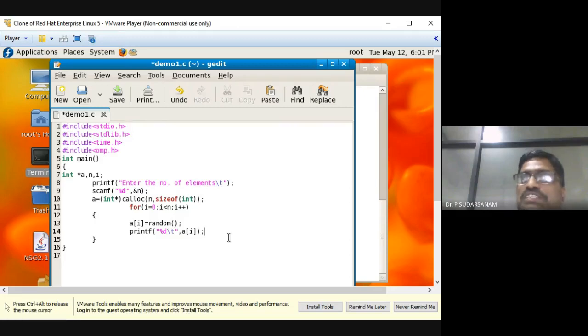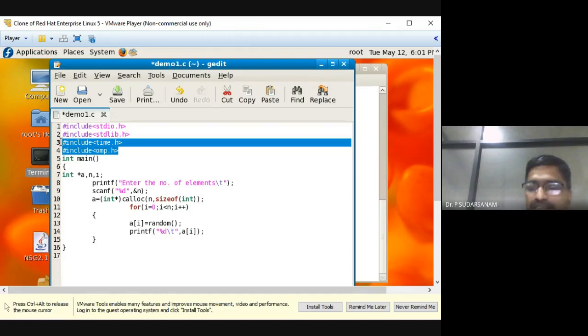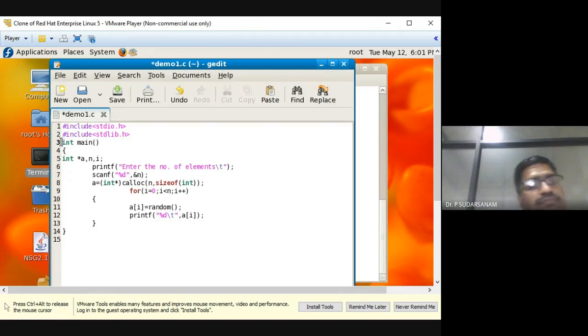Now what does this function do? It generates n numbers and prints them. Any doubt now about this? No, sir. omp, this also is not required. Okay. Random is this function here. Any doubt about this function, this program?